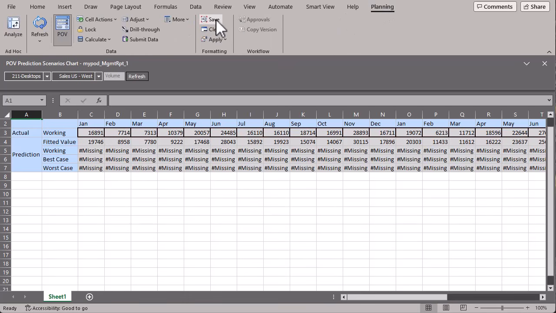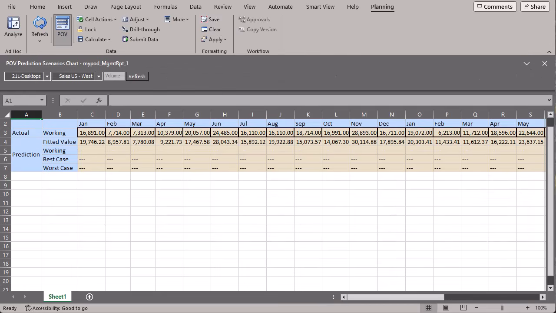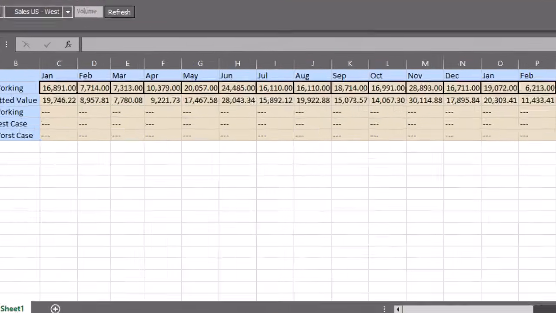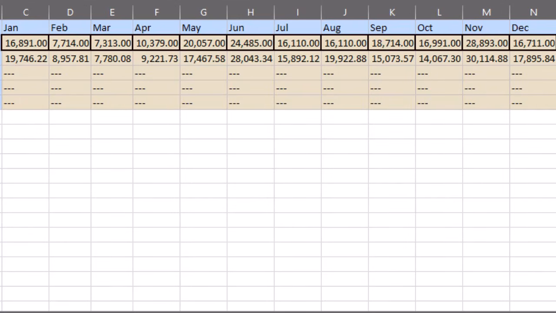Apply the changes and return to the form. The form now reflects the display preferences. Missing values show as 3 dashes, large numbers use thousands separators, values show 2 decimal places, and read-only cells use the updated